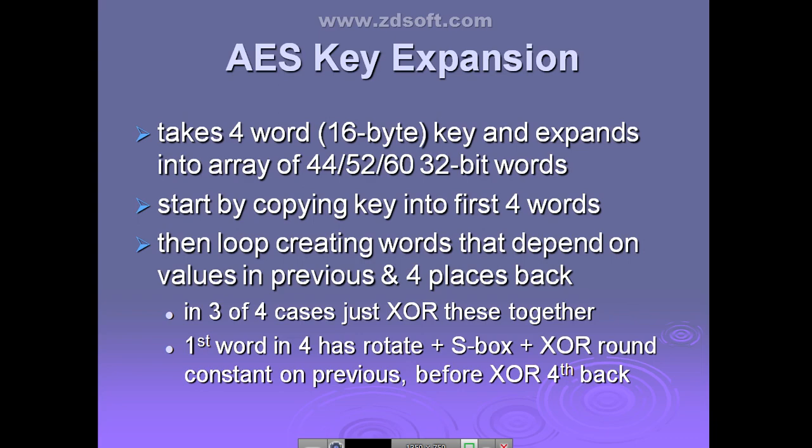Don't go into it in detail. Just remember how it is going to expand the 4-word key into 32-bit words, which operations will be performed to get the 32-bit words, and among that, 4 will be used at each of the rounds in AES. Yes or no? Can you hear me, guys?